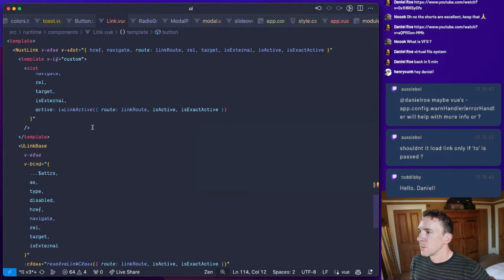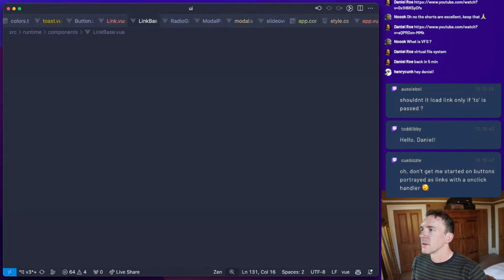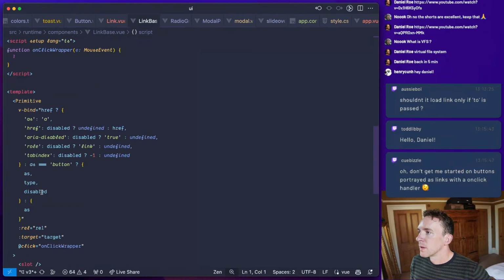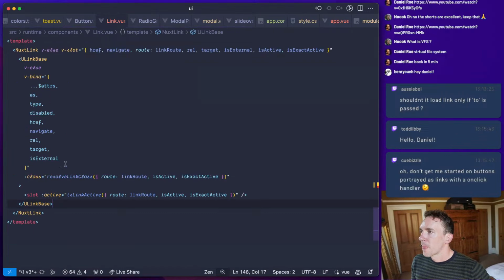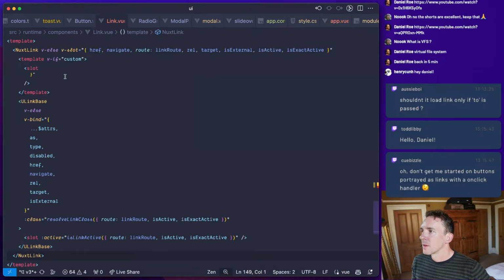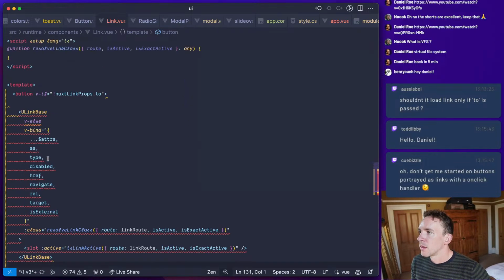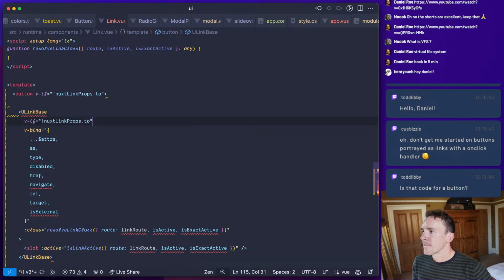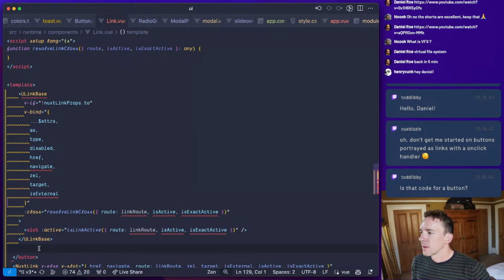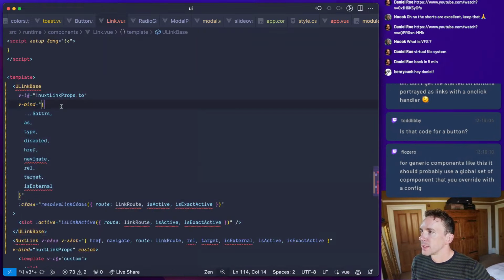And then we would render this. What is link base? Yeah. But just do this instead. Let's try that. We'll need to change this, but